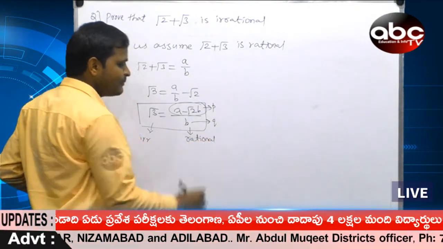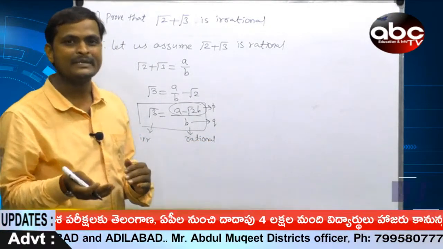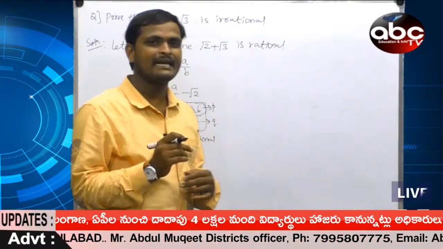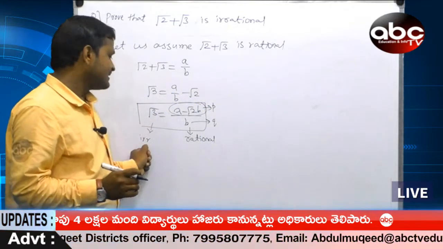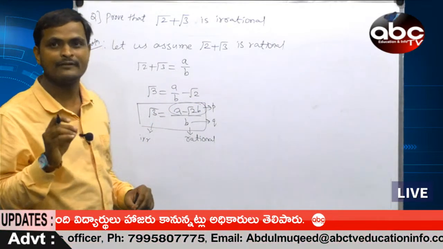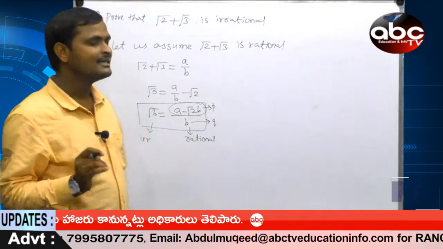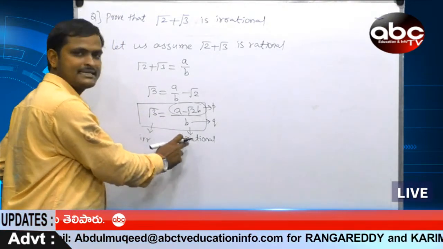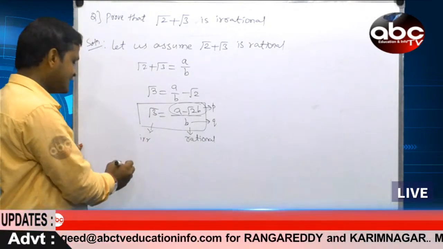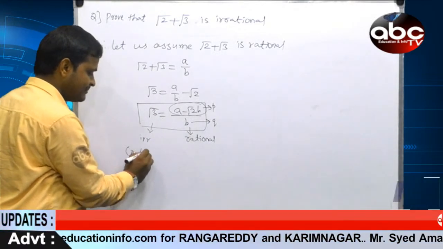Students, already you know rational means numbers containing numerator and denominator, that is p by q form. Irrational means the numbers which are not perfect squares under the root. Then see here, when is irrational equal to rational? No. This contradicts